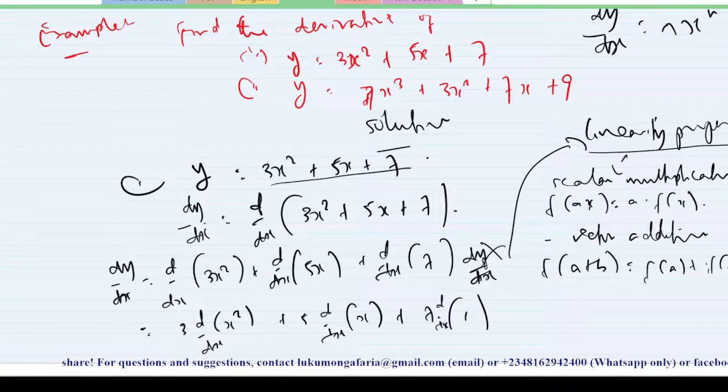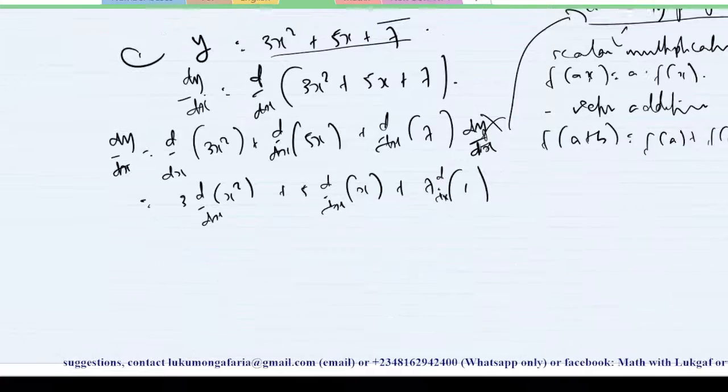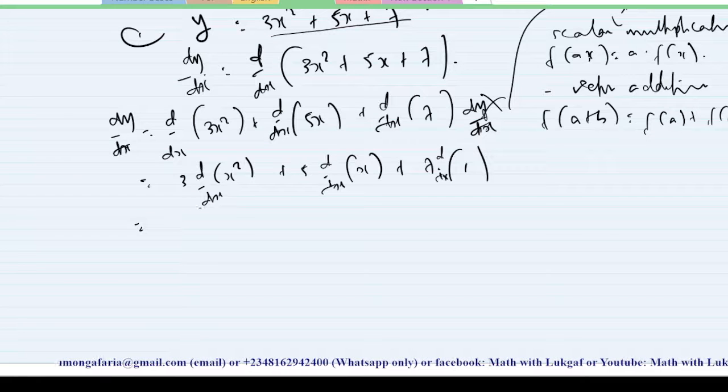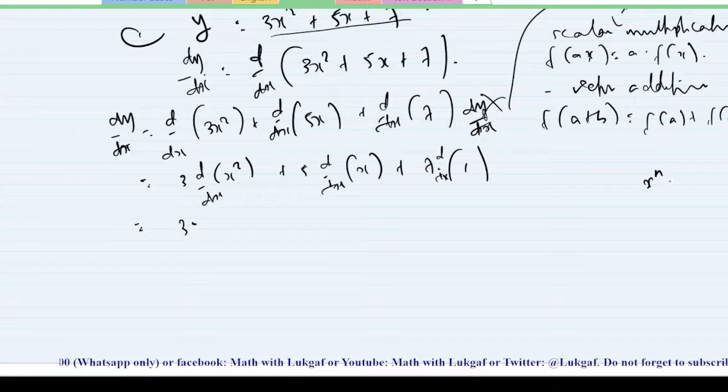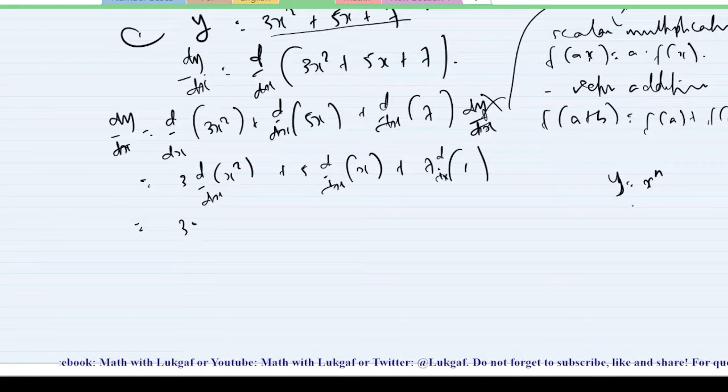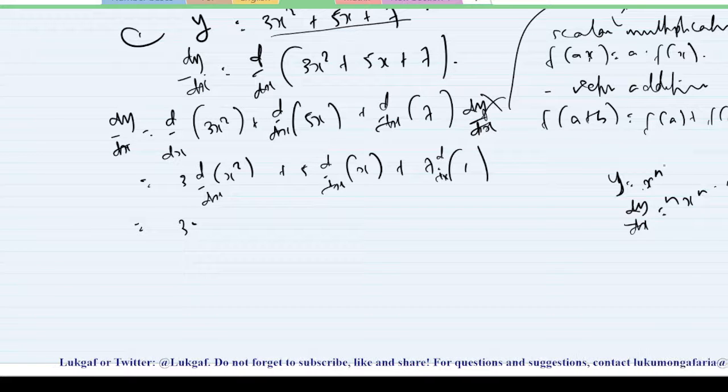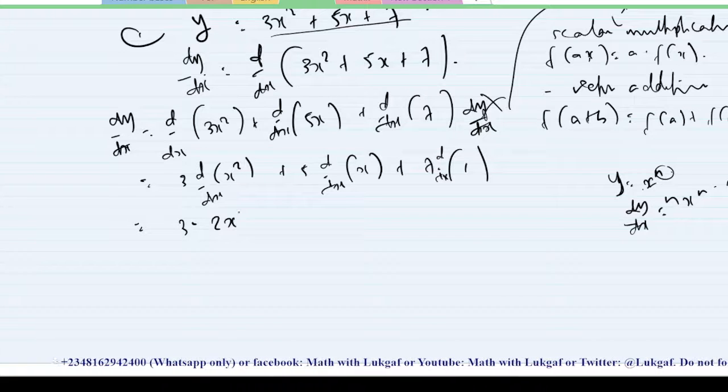So if we understand this, let us now differentiate it one by one. d/dx of x squared. Remember I said when you have x raised to power n, then your dy/dx is nx^(n-1). That is, take this index, multiply it by this x, that will give you nx, then subtract 1 from this index to get the new index. So if we apply the same thing here, this will give me 2x raised to power 2 minus 1,